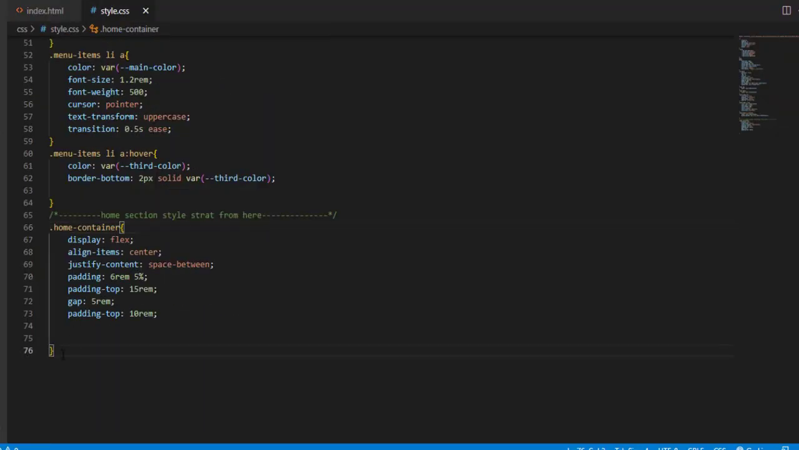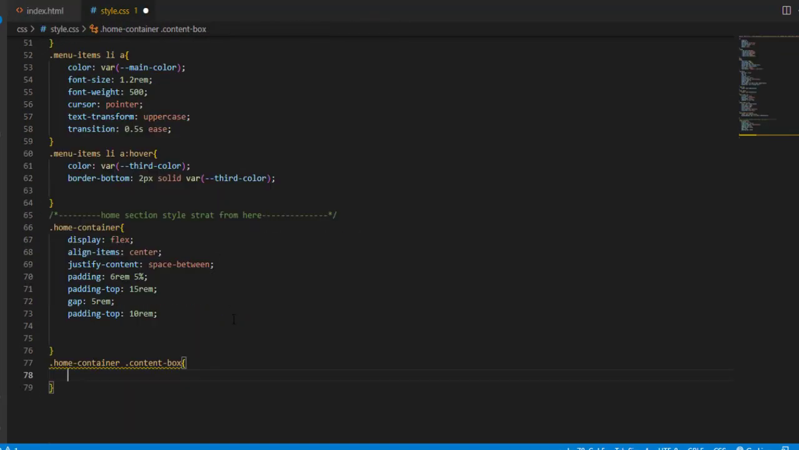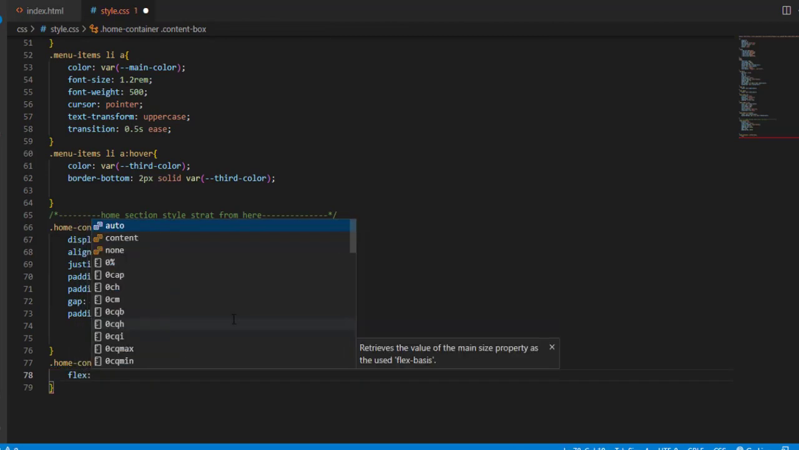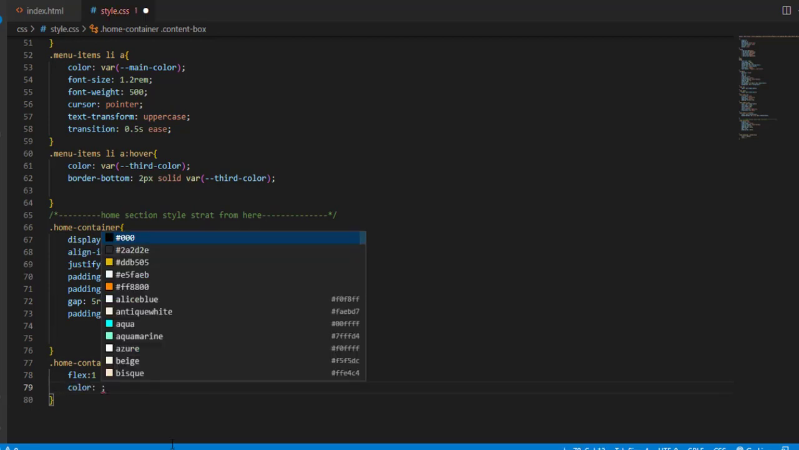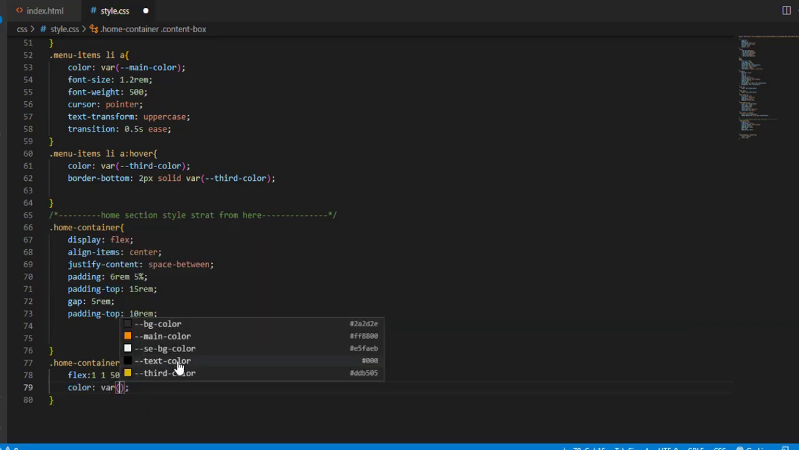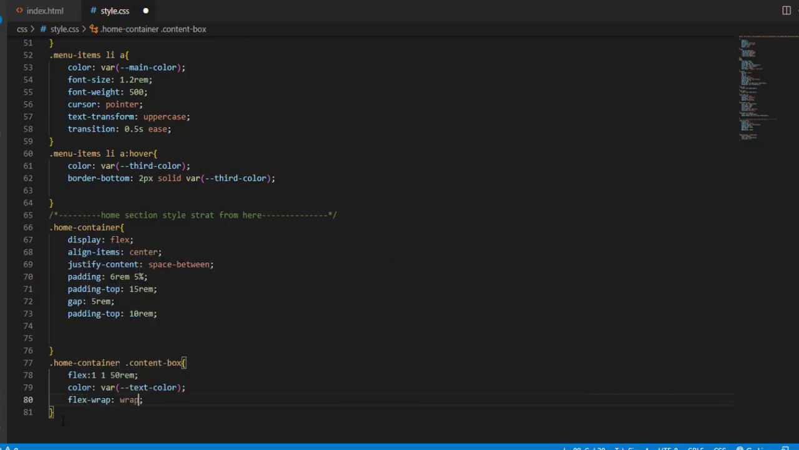Again, using this class selector content box, let me add some property value pair. Here we have content box right here. So flex 50 rem, color. Let me say the color for this, the text color, which is text color right here, and flex wrap. Copy this again